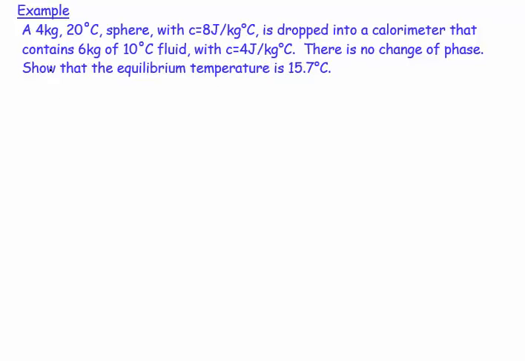Welcome. This video says a 4 kilogram 20 degree C sphere with a specific heat of 8 joules per kilogram per degree C is dropped into a calorimeter that contains 6 kilograms of 10 degree C fluid with a specific heat of 4 joules per kilogram per degree C. There's no change in phase. It says show that the equilibrium temperature is